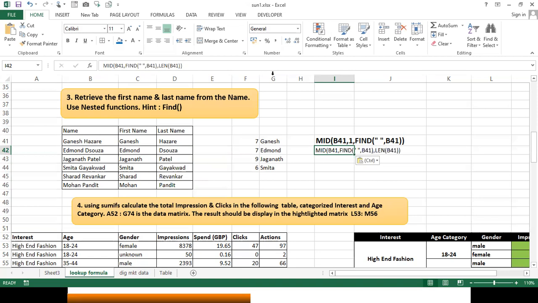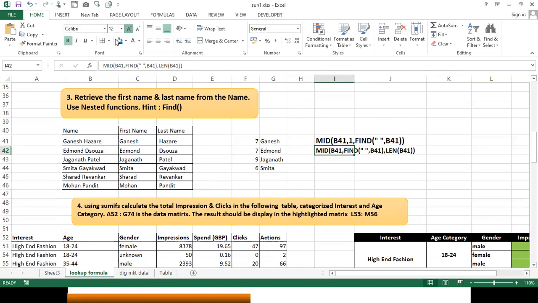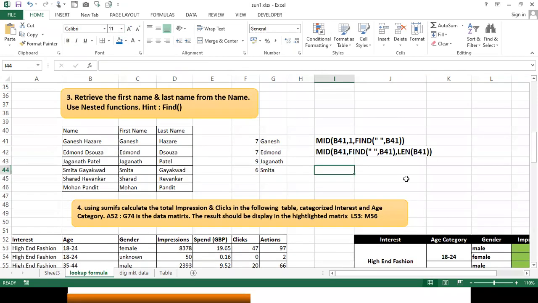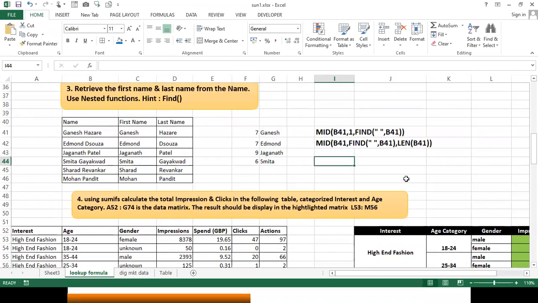Okay, we are going to log in once it is disconnected with the same ID. Just look at it. Two formulas I have written using mid and find and length. I can segment or segregate the first names and the last names from the given table. Okay, I hope you are following this. Shall I go further?